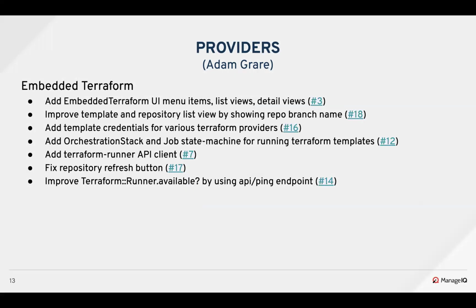So we added the pluggable UI, menu items, list views, and detail views for repositories, credentials, and Terraform templates. Gilbert added a couple of columns to the template and repository list view to improve the list there so that we're also showing the repository branch name. So if you have multiple repository branches added, you'll be able to see which branch a particular template record is